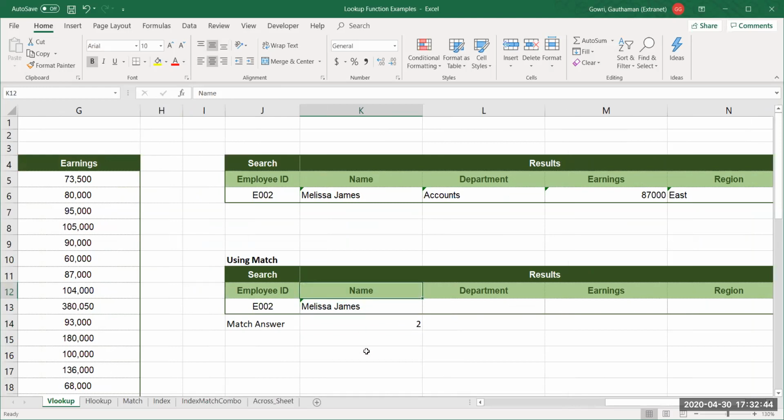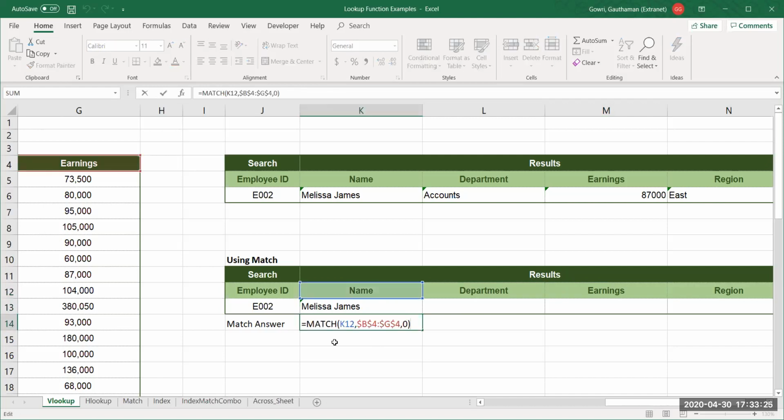Now let me check if it is going to give me the result if I change the column value here. So I'll change this to earnings. See, it will change to 6. Now if I change it to department, it will give me 5. Depending on the column value you provide, the number is automatically changing. So I can use this MATCH function within VLOOKUP so that based on the input that we have at the top, it is going to consider the column numbers all by itself.